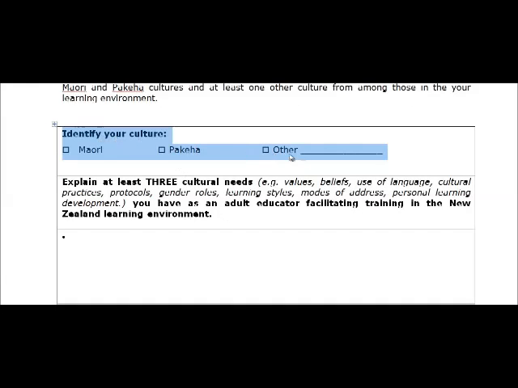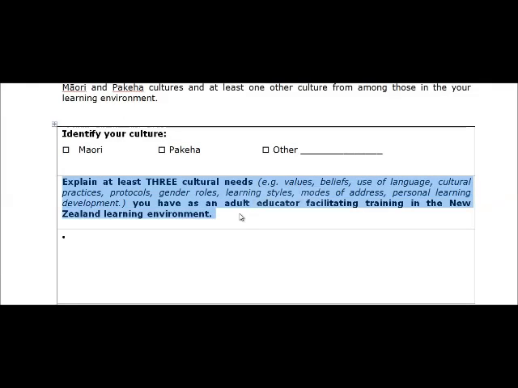Now, based on your identification of your culture, you have to explain at least 3 cultural needs that you have as an adult trainer, alright, in the New Zealand learning environment. So what we mean by that is you might say, hey, well look, I'm New Zealand European slash Pākehā, I'm a trainer. What 3 cultural needs do I have in terms of my values and beliefs and how I use language and protocols and gender roles and learning styles? So for example, you might say, hey look, well, from my culture, New Zealand, European, Pākehā, you might say that,